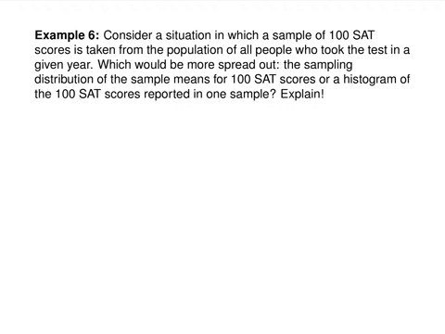Same kind of idea. So consider a situation in which a sample of 100 SAT scores is taken from a population of all people who took the test in a given year. What's going to be more spread out? The sampling distribution of the sample means, or a histogram of the 100 SAT scores? Okay, so the idea here is that if you were to plot out where those 100 SAT scores landed,